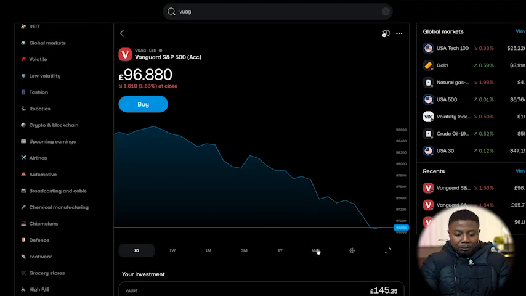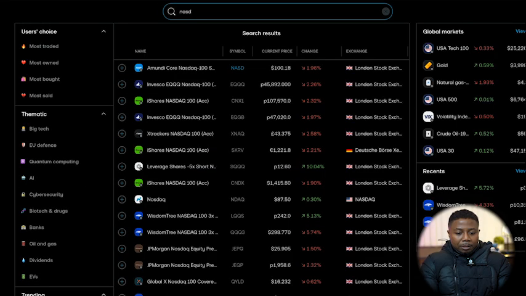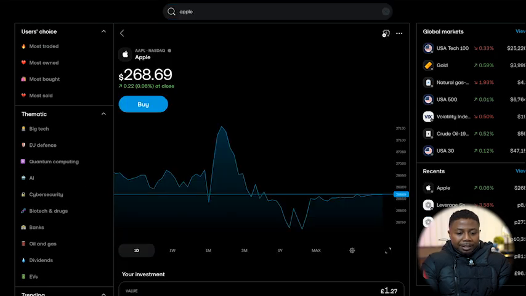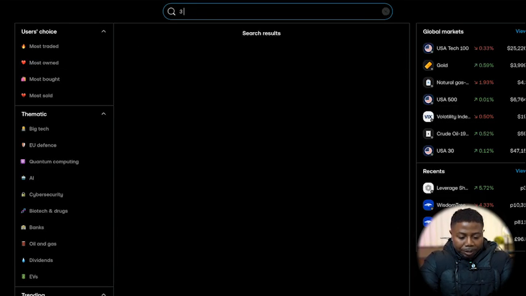Okay, so you'll find in many cases that the chart for the S&P 500 example would be very different from the chart of a leveraged one. So let's see the example again. If we look on the 1-year chart for the S&P 500 ETF VUAG, and then you compare that with the leveraged version. So if we go by 3 times